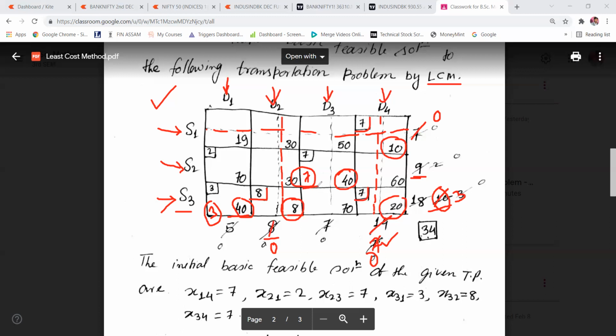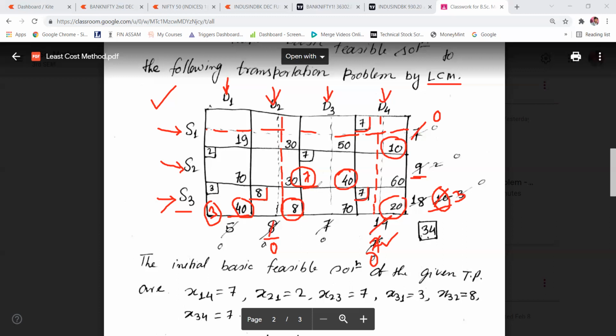How will you choose? Once your transportation cost is tied between 2 or more cells, it's not only 2 cells. There may be 3 or 4 cells where the transportation costs are the same and minimum. In that case, always choose the cell that has the maximum allocation you can make.